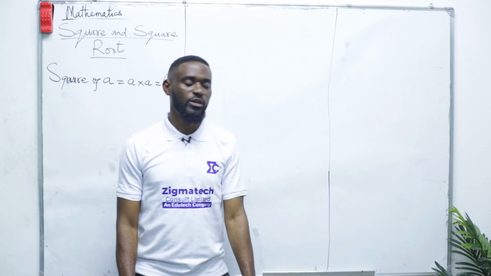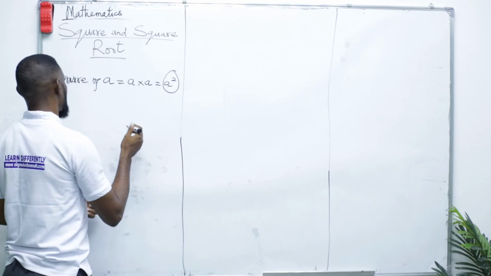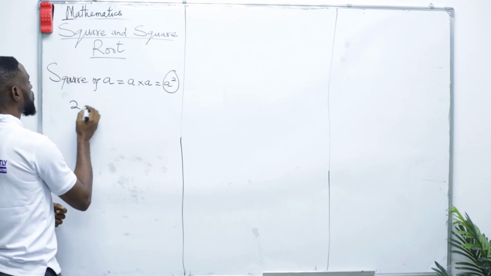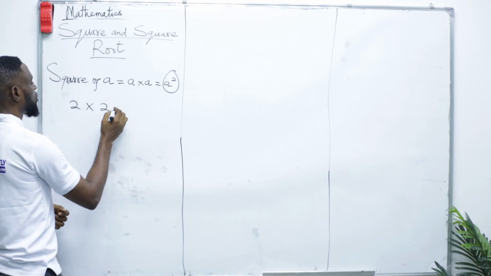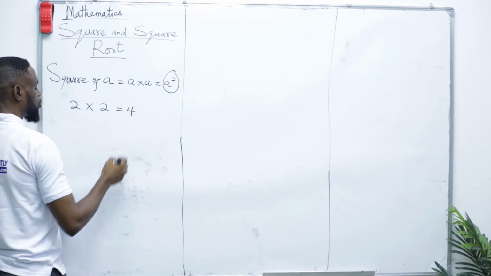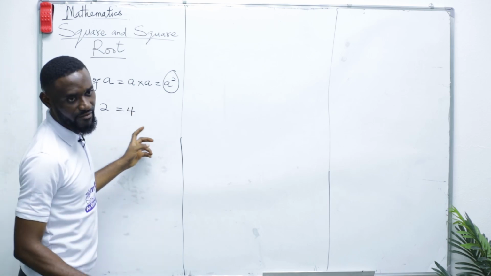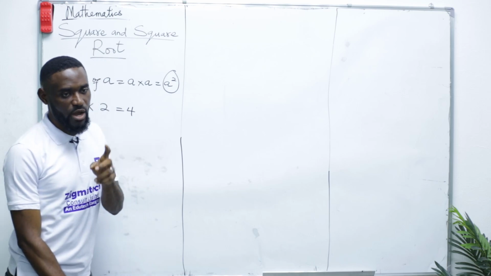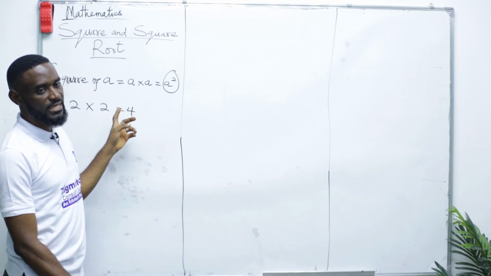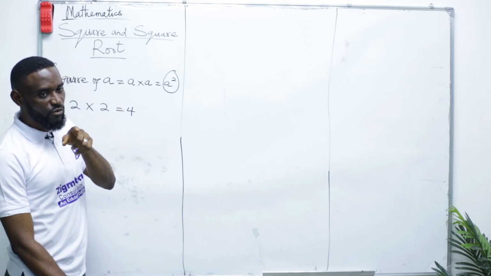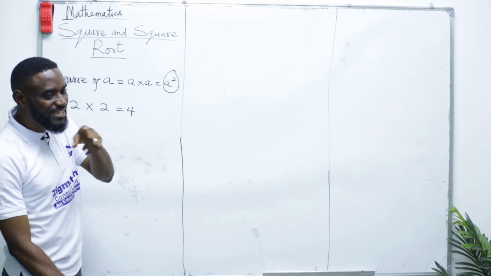Okay? So if we had said that 2 multiplied by 2 is equal to 4,